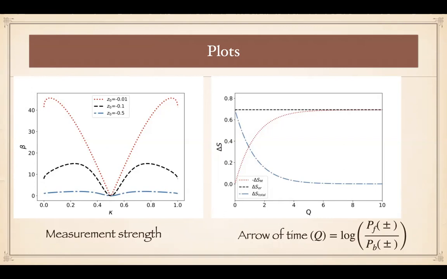And I think this is the most interesting plot here because it relates directly the entropy production with the error of time. And if you look at the total entropy production, right, minus delta S_M, or the entropy production due to measurement, you see that as a function of Q, the delta S increases. And the delta S total goes down because at the end of the process, you are extracting heat from the reservoir. And if you sum over also the entropy production for erasure, then the sum of the two would be given by the black dashed line over there.